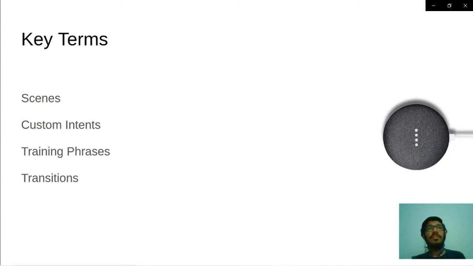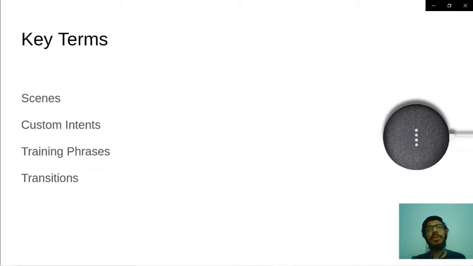Next is custom intents. Before going into custom intents, let's talk about what system intents are. There are three types of predefined intents, and those are called system intents.